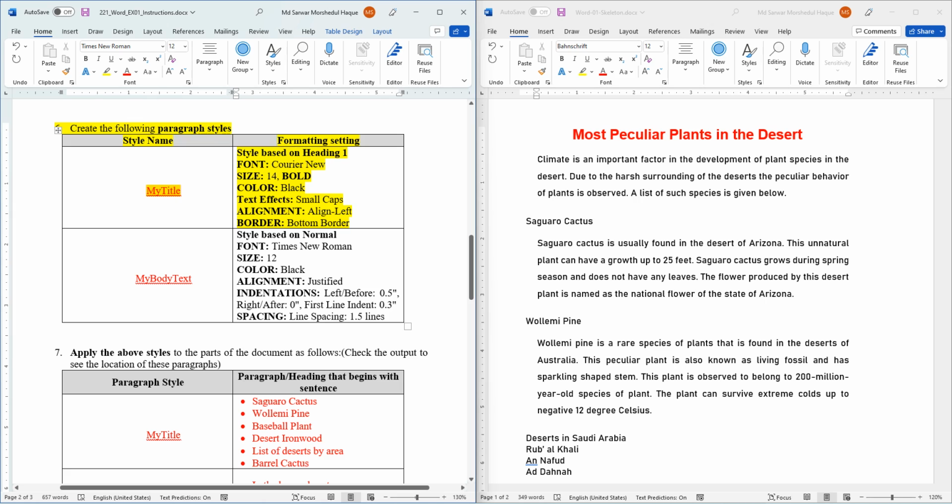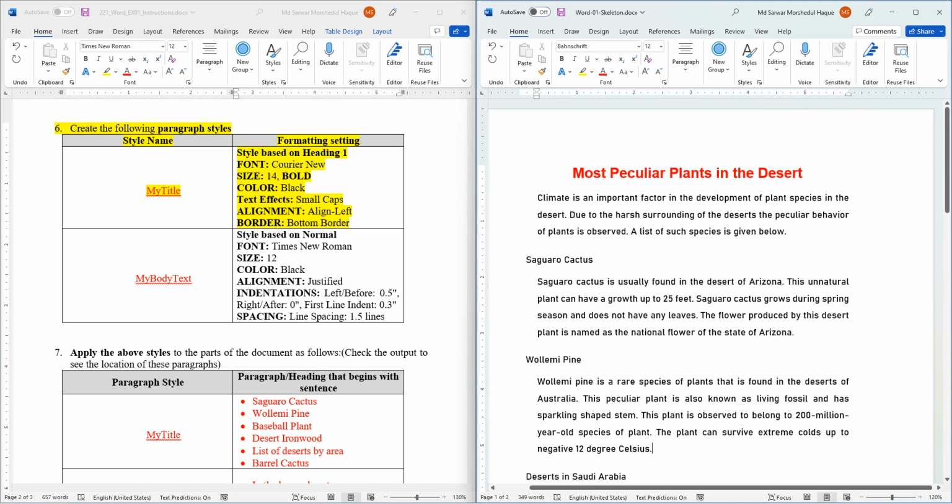Style name, so we'll create a style called my title. Then this style will be based on this formatting settings. So this style will be based on heading 1 style. Font will be Courier New, size 14 bold, color black, text effects small caps, alignment align left, and border bottom border. So now let us go to a document,